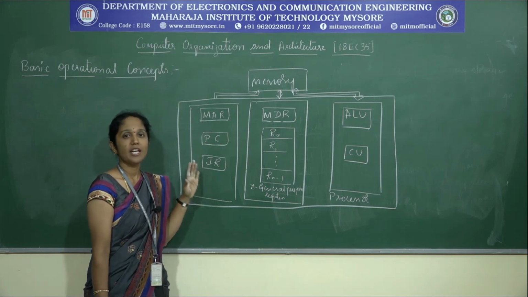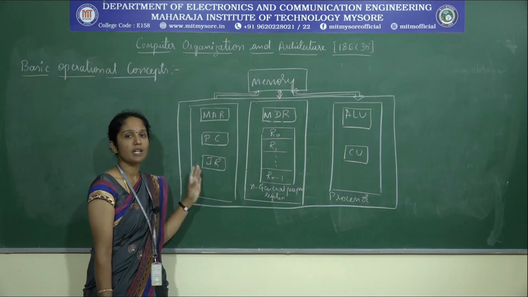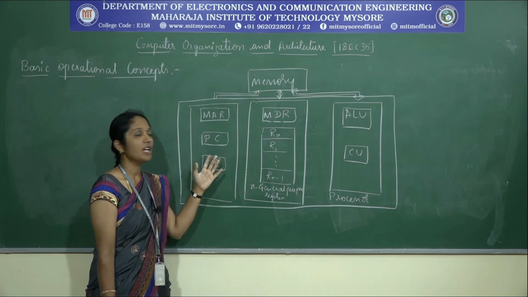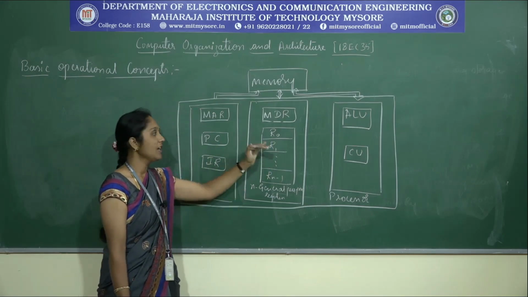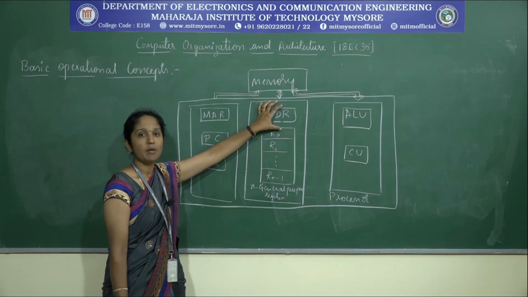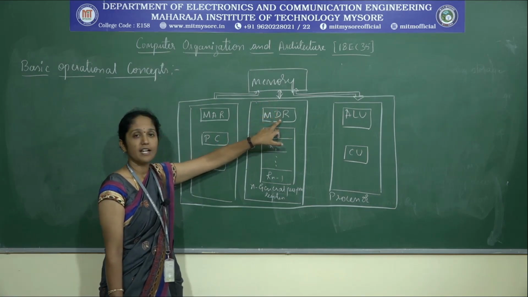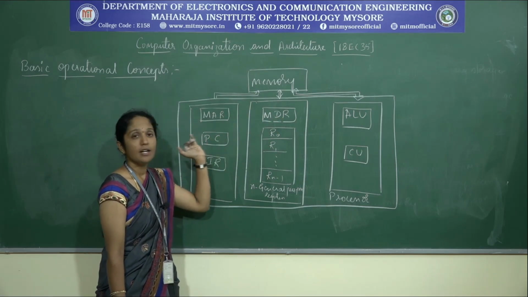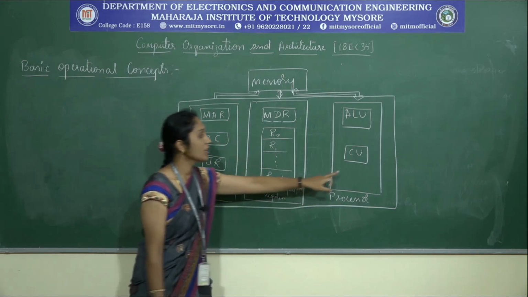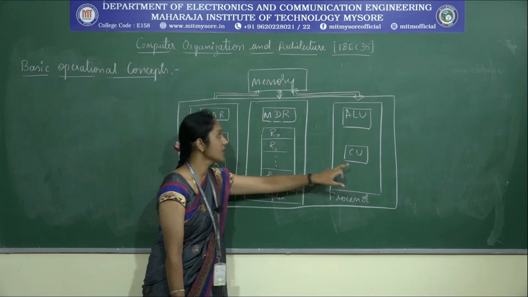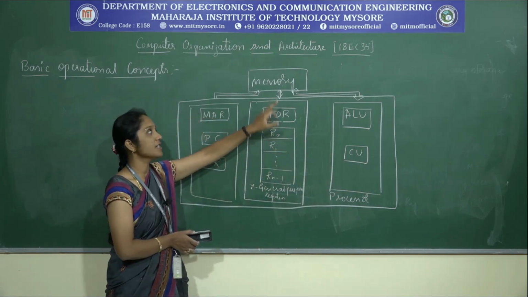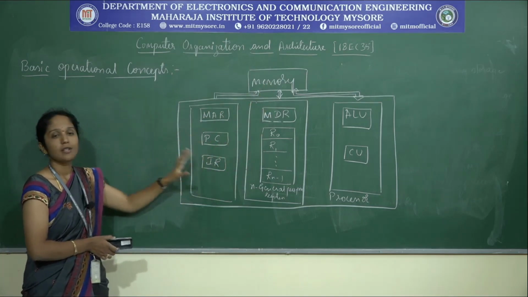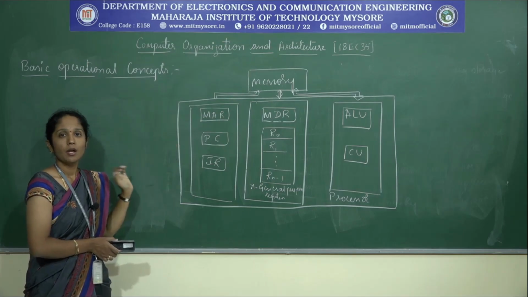Once the ALU performs the required arithmetic and logic operation, the output, which is ready to be written into the memory, will be transferred into any of the registers, and that content will be transferred into the MDR, and now MDR has the data which can be written into the memory. Once the data is ready, the control unit generates a timing and control signal so that the contents of MDR are copied into the memory. This is how the execution happens in a computer system.